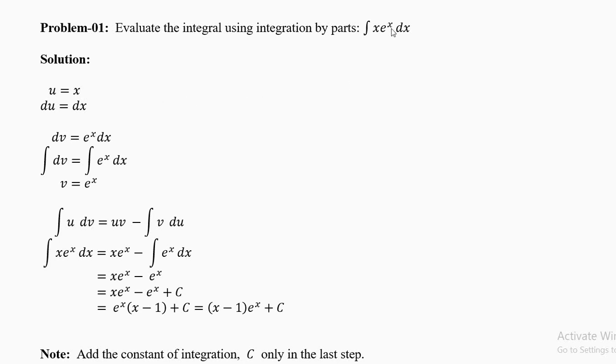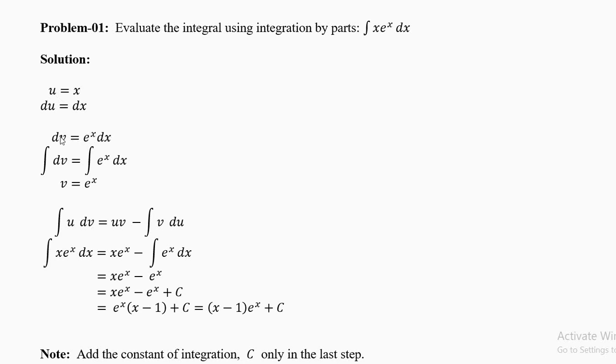But if it is e power x, x e power x, x sine x, x cosine x, then you will put u equal to x. If it is x square, you will put u equal to x square, except in the case of logarithm. Now, there are three things here: x, e power x and dx. This counting is not very proper, but you can think of it like that. Choose u equal to one thing and the remaining things will be dv. And the dv will always contain the dx.